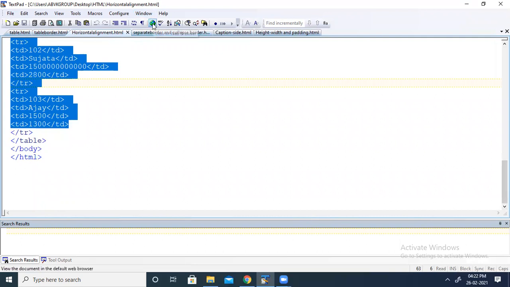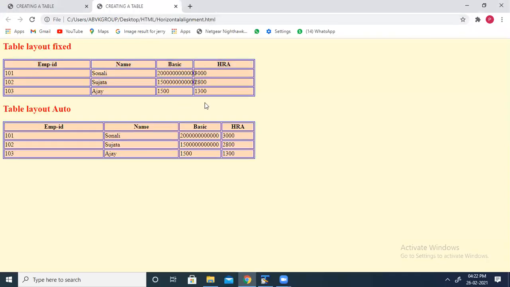Let us see the output so it will be more clear for you. See here, in this case what is happening? This is the case of table layout which is fixed. Okay, here you see, when I am entering a huge data, its size is not increasing because I have declared the value as fixed. So I am not able to see the data properly. But in case of auto, what is happening? It is automatically increasing the width of the cell. Though I had specified the width, after that also it is increasing, because here the table layout value I have specified as auto. Auto means it will automatically increase the size. But here it is fixed, so it is not going to be changed.